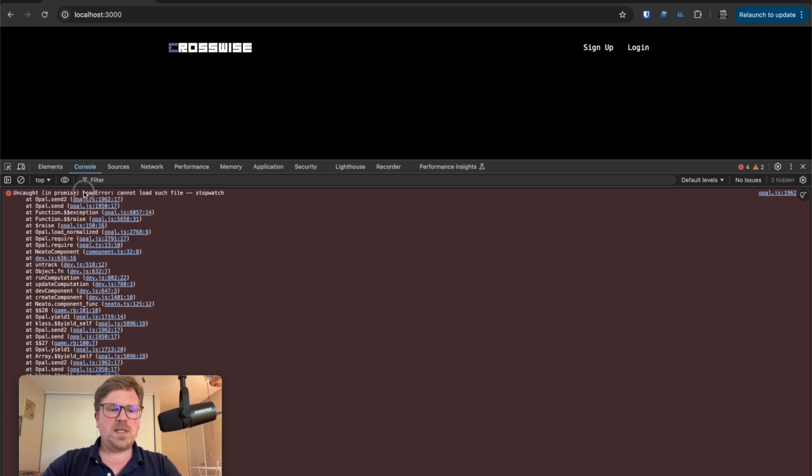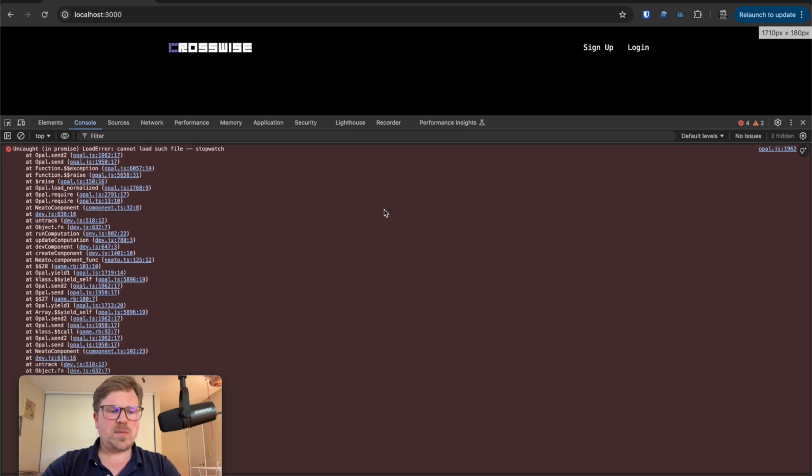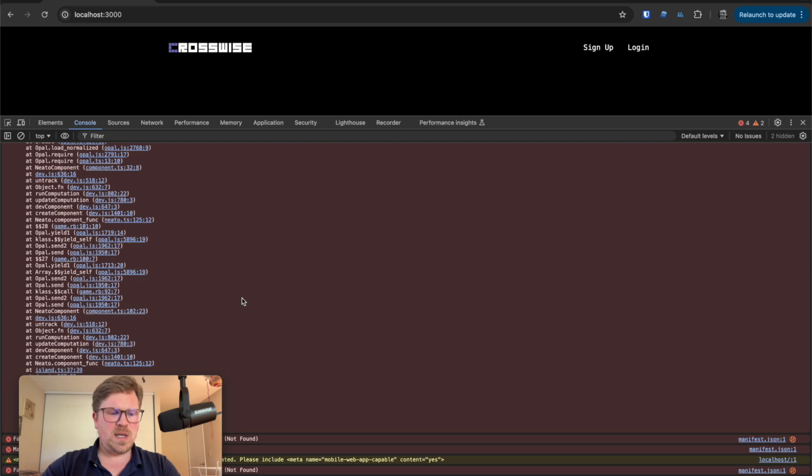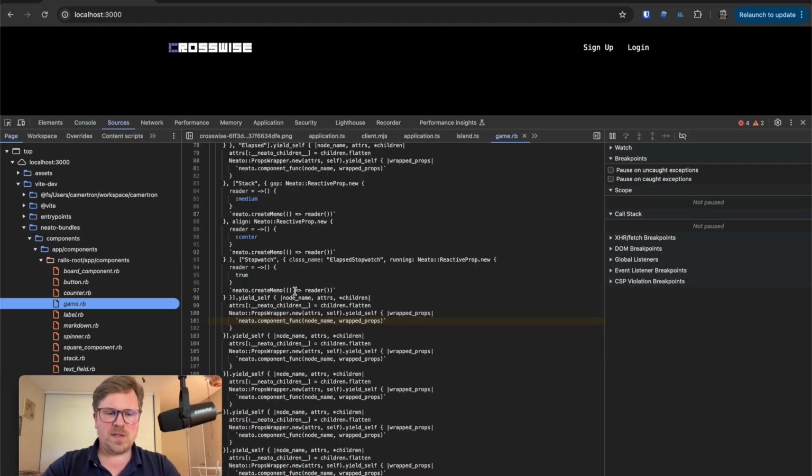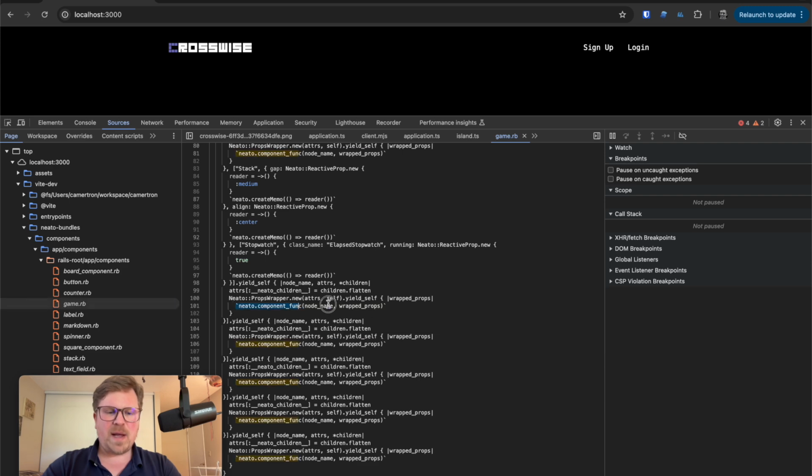What's cool is this is actually a Ruby error, and we're going to see, of course, a lot of JavaScript, a lot of Opal in here, but we can also see that there should be Ruby files mentioned in here as well. Oh, it looks like there's not. Okay. Oh no, here we go. So game.rb, for example, if I click on this, you can see this is the part of the compiled template